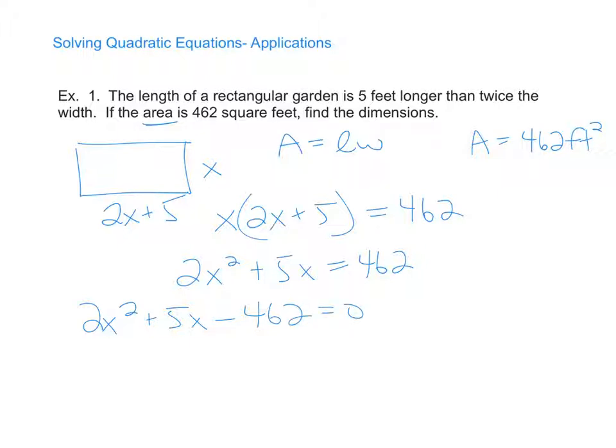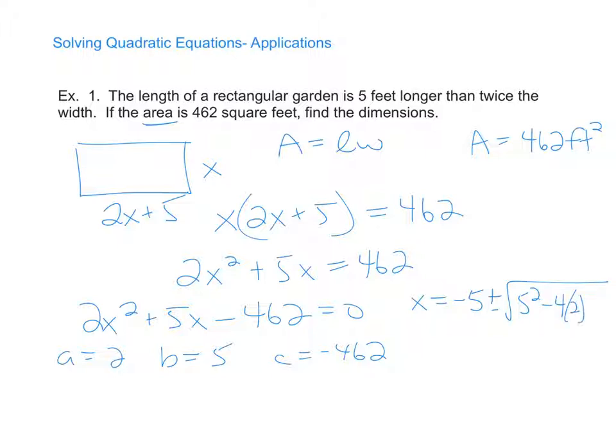Now I need to decide what method of solving quadratic equations do I want to use. Well, you have a 2x squared here, which makes factoring a little bit difficult, and completing the square. You have an x and an x squared, so the square root property is not going to work. So I'm going to go with the quadratic formula. So I have my a is 2, my b is 5, and my c is negative 462. So I end up with x equals negative 5 plus or minus the square root of 5 squared minus 4 times 2 times negative 462 all over